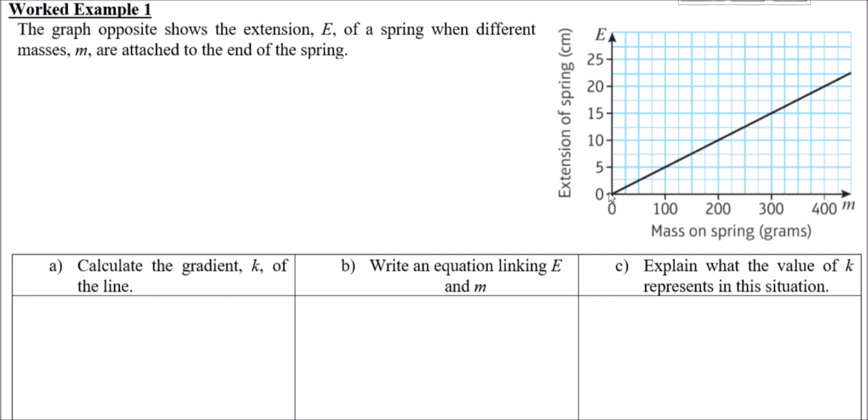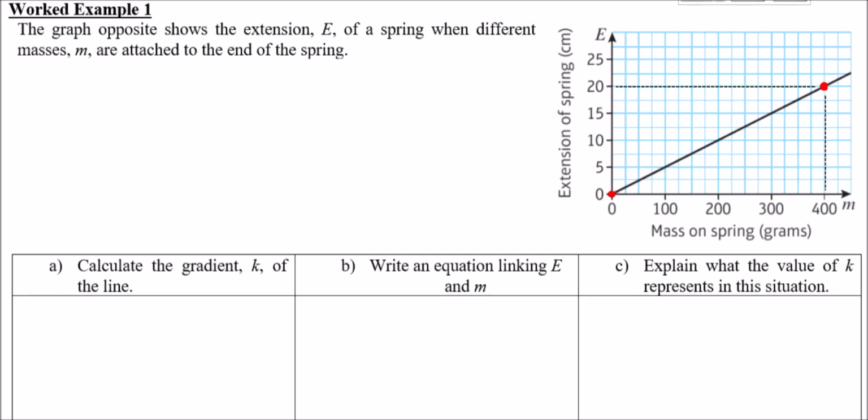First of all, we need to calculate the gradient, which we're calling k, of the line. So as long as you pick any two nice enough points, this is fairly straightforward. So the origin is the easiest one to pick, I think, and this one goes through 400 and 20, respectively for x and y. So just making that as clear as I can, like so,